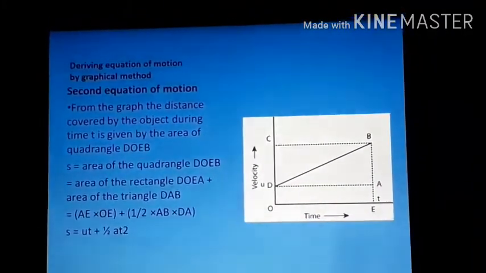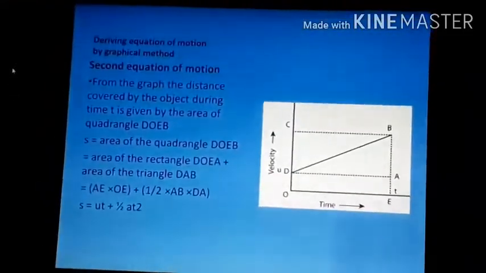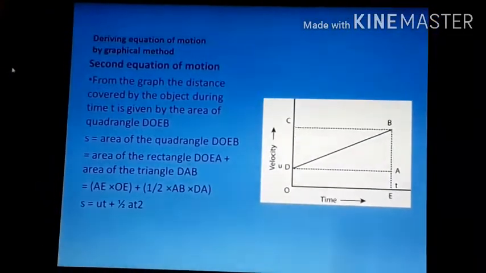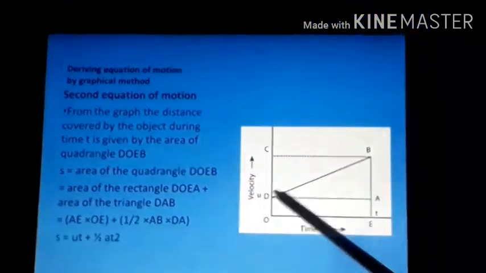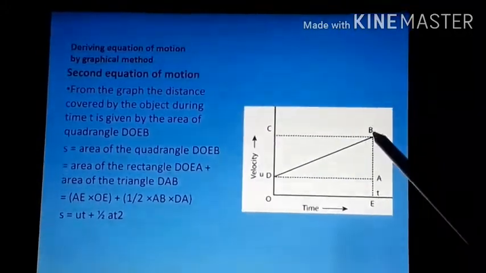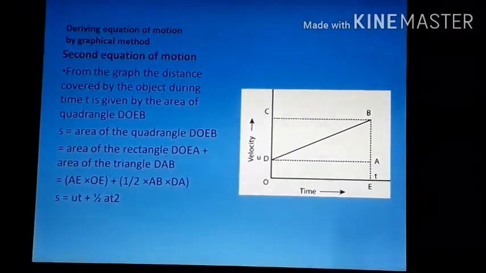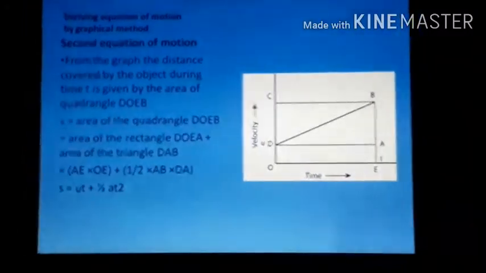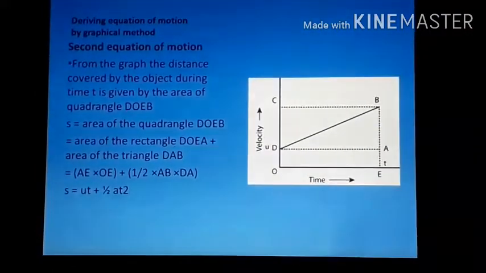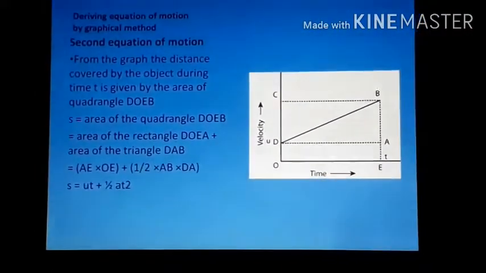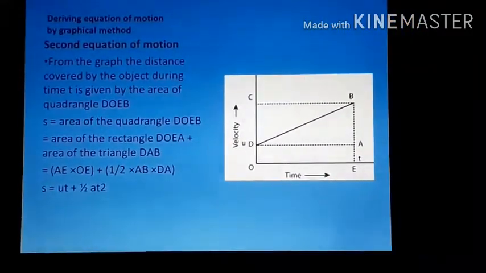Now let us derive the second equation of motion. From the graph, the distance covered by the object during the time t is given by the area of the quadrangle DOEB. A quadrangle is the combination of the area of a rectangle and the area of a triangle. So the displacement s can be calculated from the area of the quadrangle